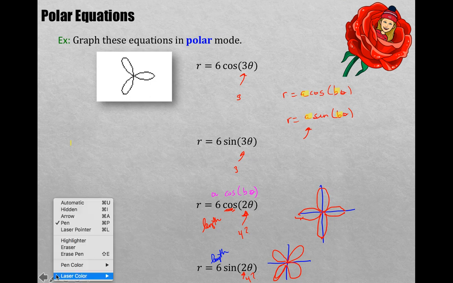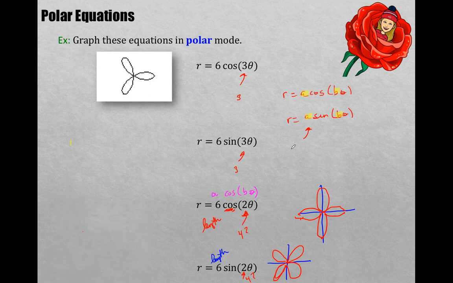B is what kind of number? Yes, odd. So the length of each petal is always the dilation factor, and then B is the number of petals